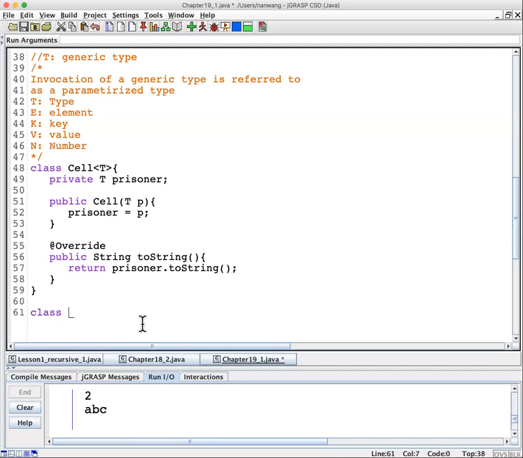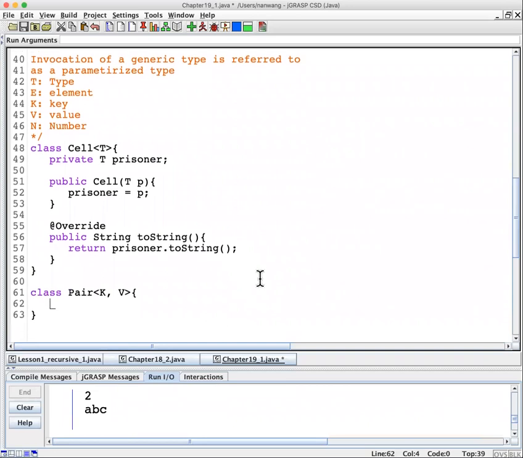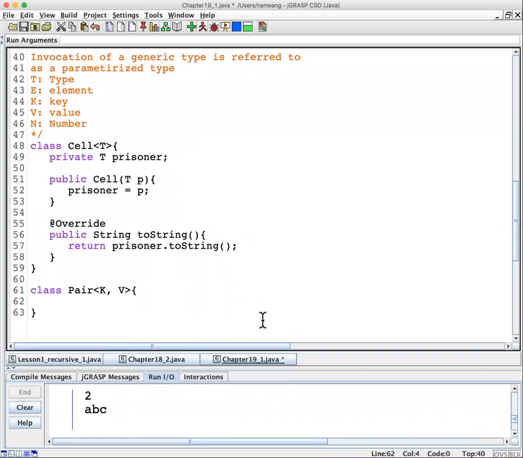This pair will hold two values, a key and a value pair. I use letter K for the type of the key. I use letter V for the generic type of the value. And we have two private